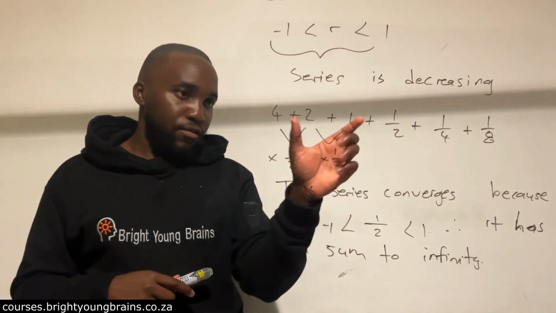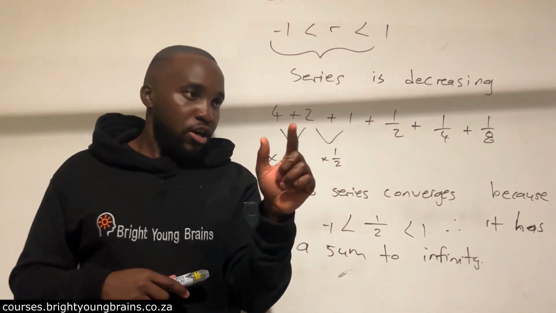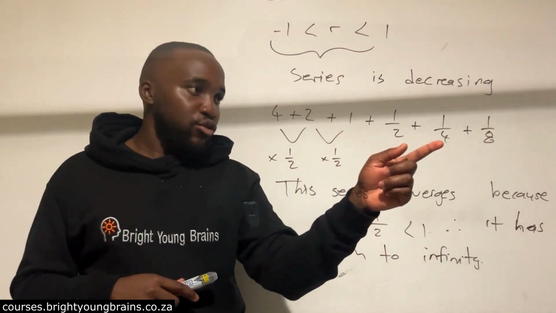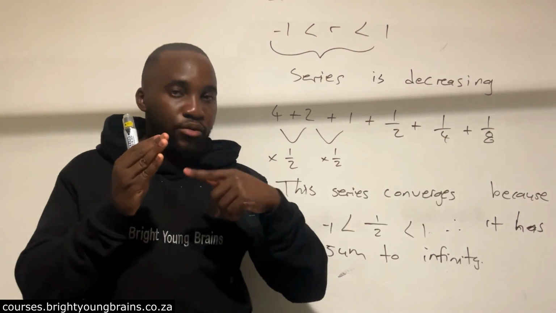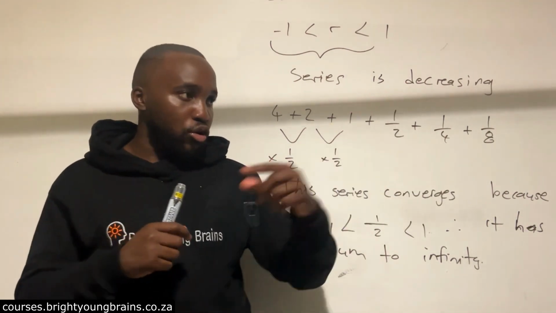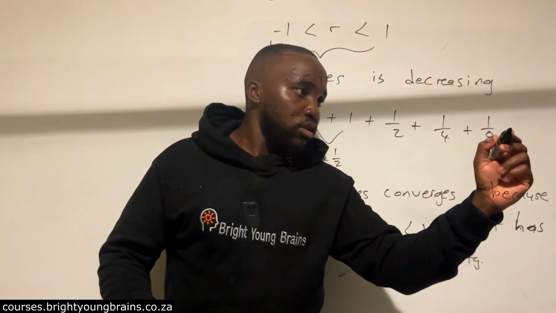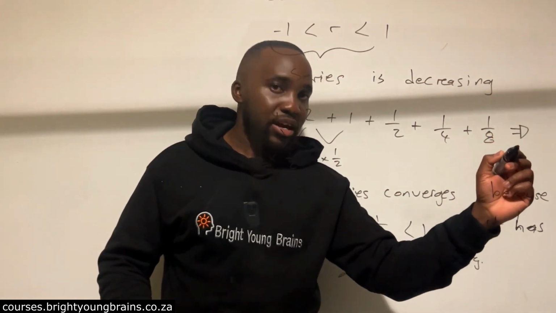If you plus a half, you're going to have 7.5. If you take 7.5 and you plus a quarter, you're going to have 7 point something. If you plus 1/8, you're going to have 7 point something, going on and on and on. So the sum to infinity for something like this,